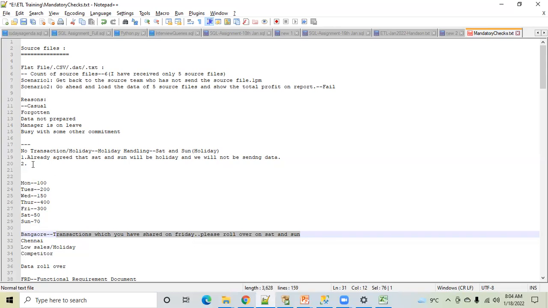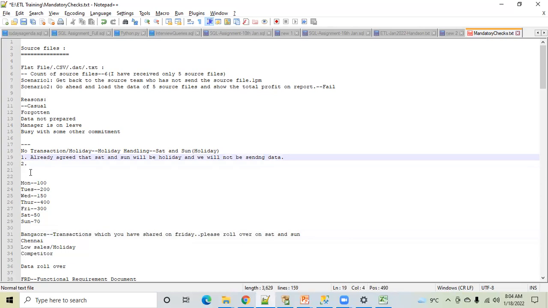But why do we do it? Because it's not showing the real number, right? Correct, you are correct. That's what I'm telling. This is not generic in every ETL project. That depends from project to project. You are totally correct that this is not a correct number, but this is one of the ways.